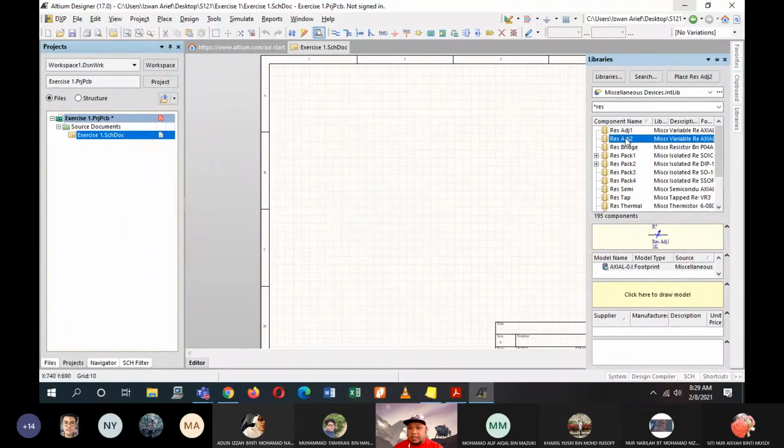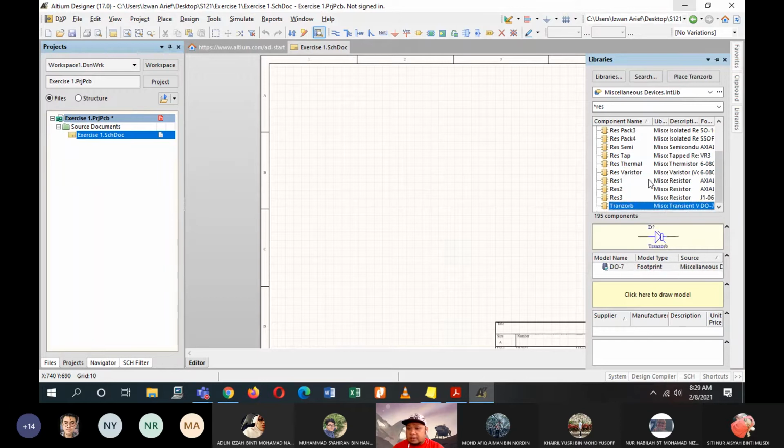So you have here a resistor, and then you can see the symbols of the components down here. You can see resistor 1, resistor 2, the types of resistor that you'll be using. So that is an example of how to look for your devices.